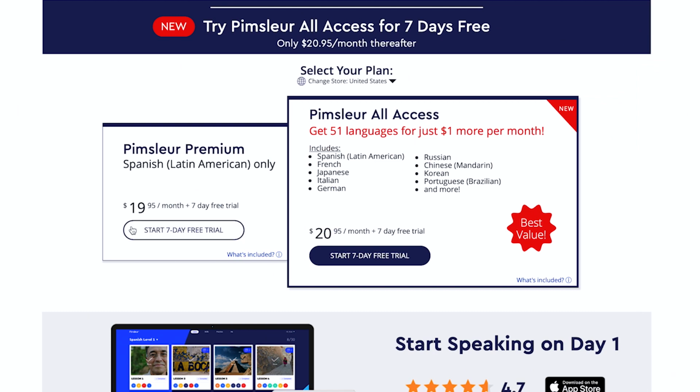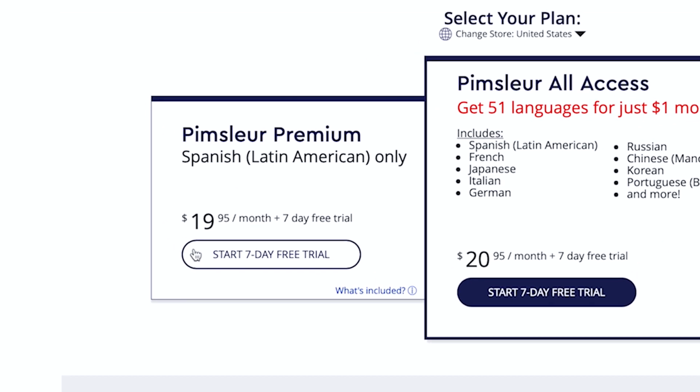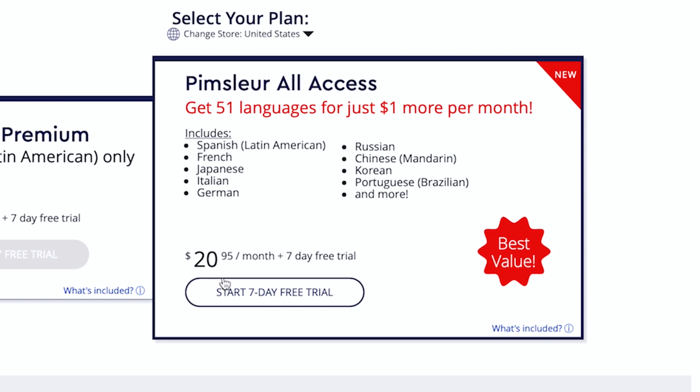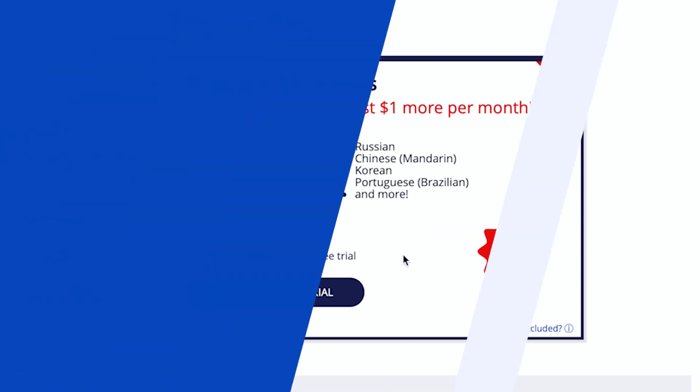Then, on the flip side, Pimsleur also has a couple different plans, both of which are just monthly pay-as-you-go subscription options. First, there's Pimsleur Premium, which gets you access to one language. That costs $20 per month. And then there's Pimsleur All Access. That gets you access to all 51 of Pimsleur's languages and costs just $1 more per month, i.e. $21 a month. So in terms of cost, clearly Mondly is cheaper by around $10 to $16 per month, a pretty decent savings. In short, these two companies are in different pricing categories,